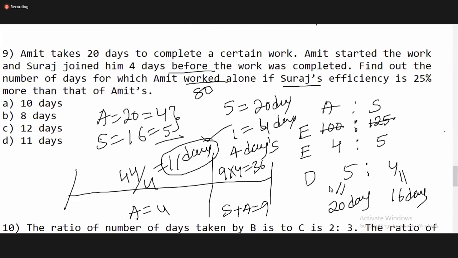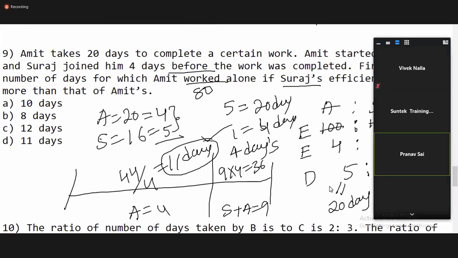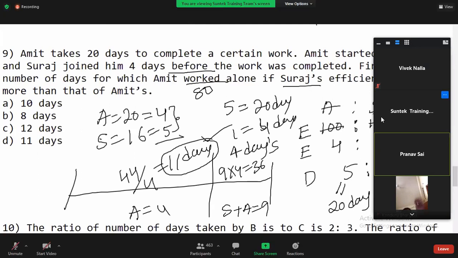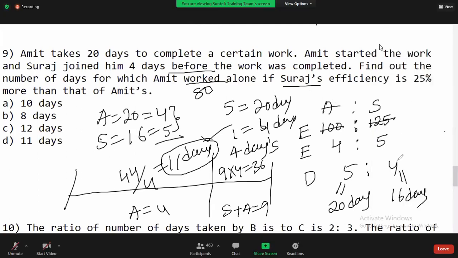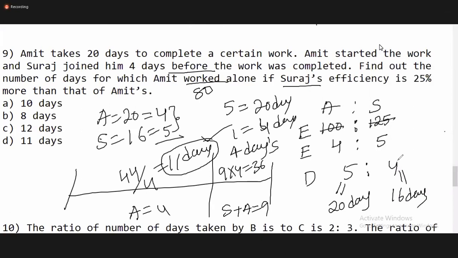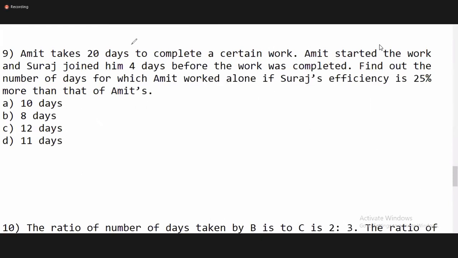I have one more question. How many days was A there in the work? I'm not asking about A alone, I mean the total number of days. A was there from beginning to ending, so the work is completed in that many days. So those number of days he will be present. Okay, so that completes our solution.